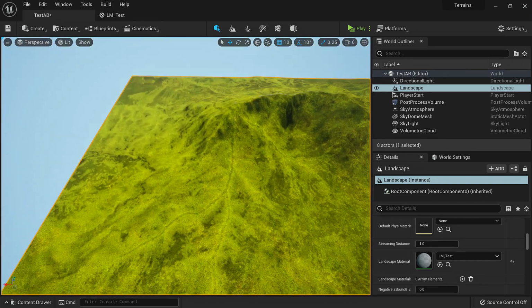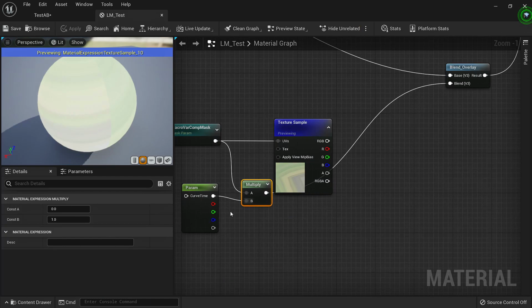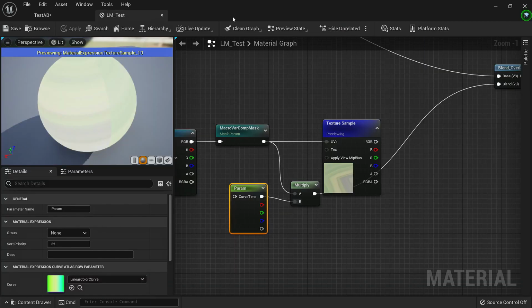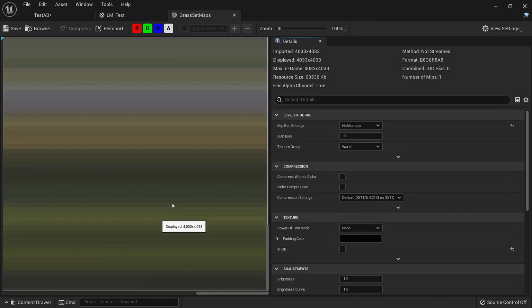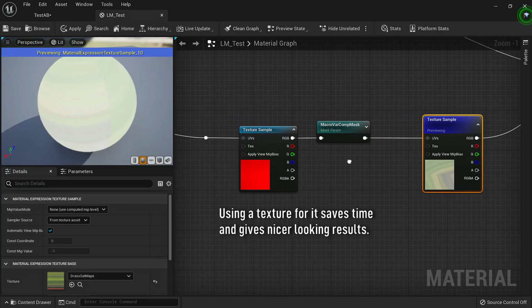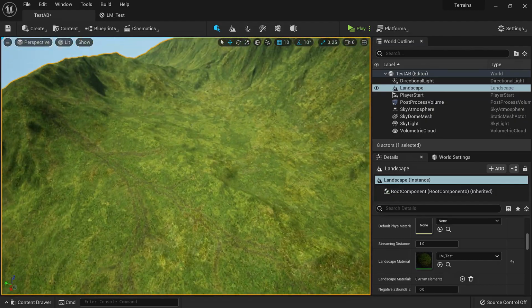And if you save it and take a look at it, this is the result we get. Not exactly natural, but you can get some pretty results after adjusting the color values in your curve. I'll delete that for now. Or you can use any color gradient created in any external software such as Photoshop. So let's save it. And here is our natural variations.